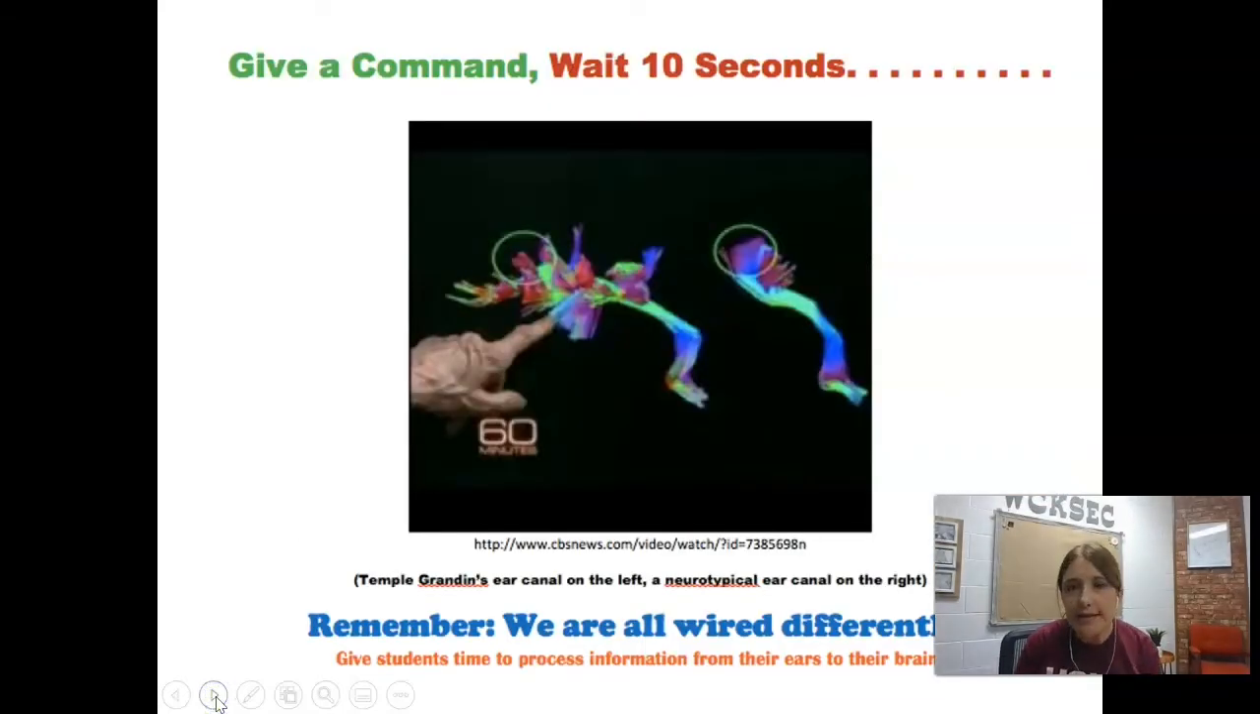Give a command and wait 10 seconds. This is a very good example that's brought to us by Temple Grandin. Temple Grandin is an adult with pretty significant autism. It impairs her quite a lot. And she is now verbal, wasn't when she was younger, but she shares the difference between the neurotypical ear canal and her ear canal, how many more veins and more spots are on it. She's pointing to it in the picture versus the one that goes straight to the brain. And so our kids with autism, we just want to make sure that we give them enough time, because what she describes is